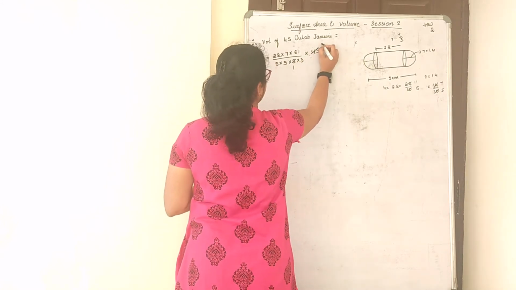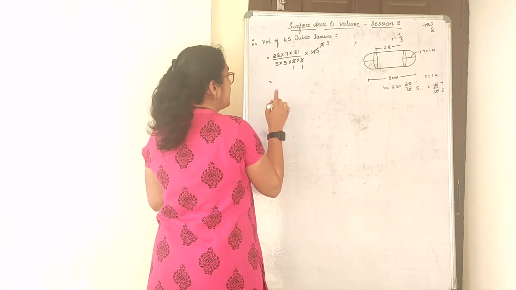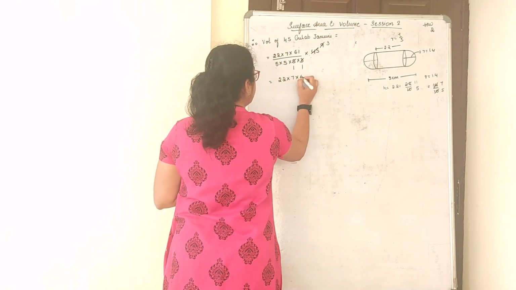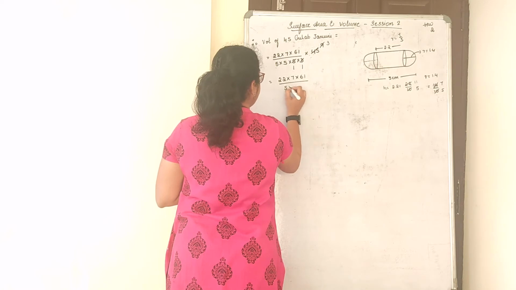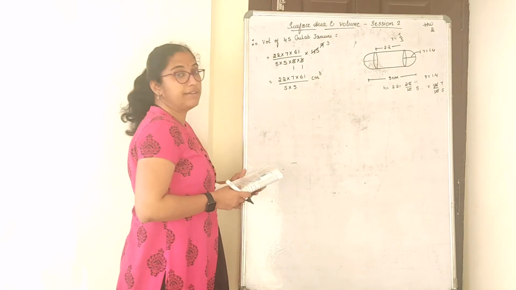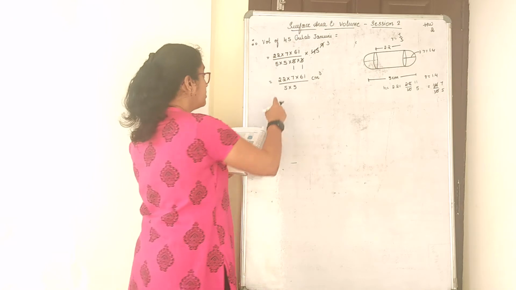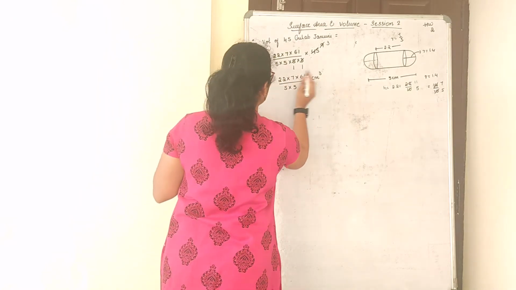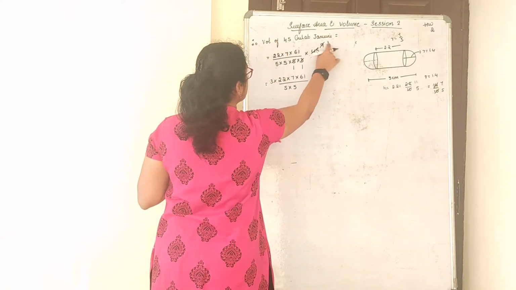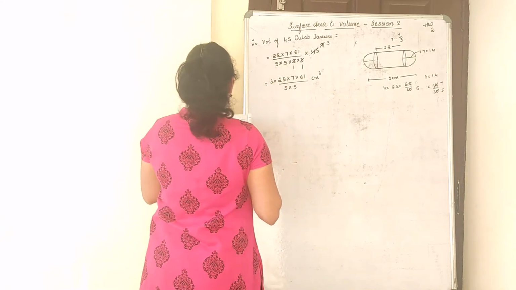Five ones are 5, nines are, 3 ones are, 3 threes are. Again, keep the answer as it is. Don't do further calculation. 22 into 7 into 61 divided by 5 into 5, centimeter cube. Understood? We found first volume of 1 and now we found volume of 45. So this 3 is missing, I think here. 3 into. Okay. 22 into 7 into 61 into 3 divided by 5 into 5. That's all. Next part.